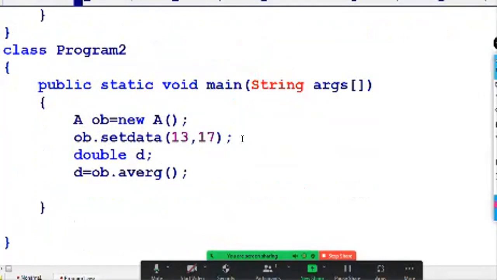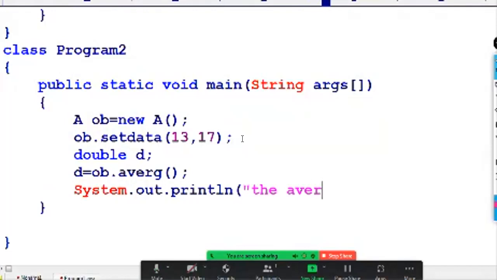Now the value will be in d. That will be printed by using System.out.println. I am printing the text "the average is", with the value of d. So this is a simple code.